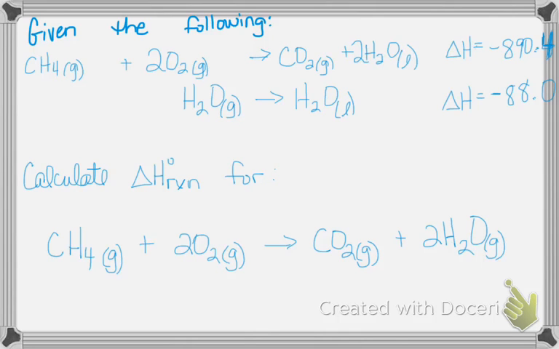This is what a Hess's law problem would look like, y'all. You would be given some reactions. In this one, it's a really simple one. Okay, I'm giving you 2 reactions and I'm giving you their delta H's. And we're going to use those 2 reactions. Those are our puzzle pieces. Okay, we have to make those fit together, add up, to look like this